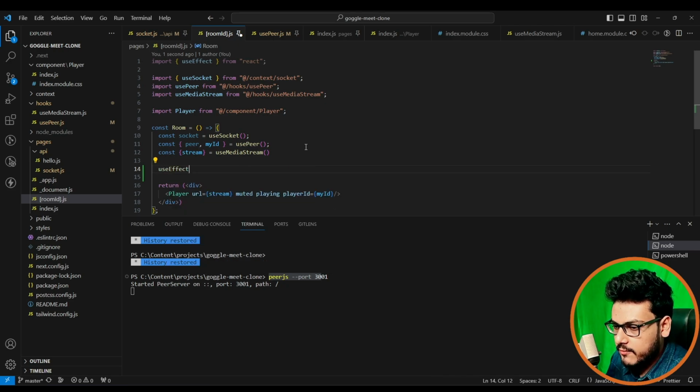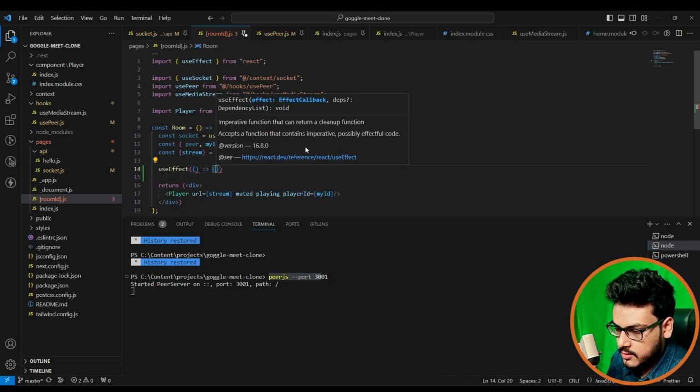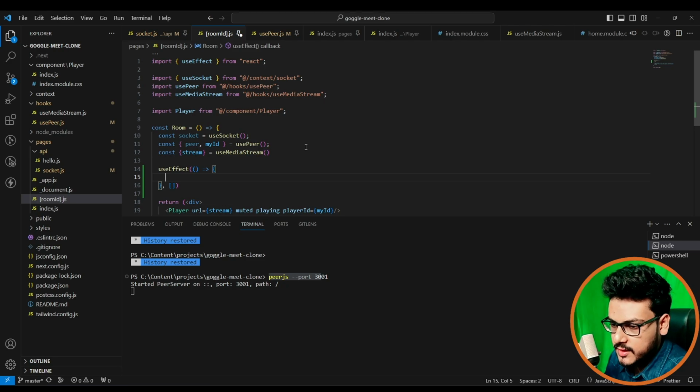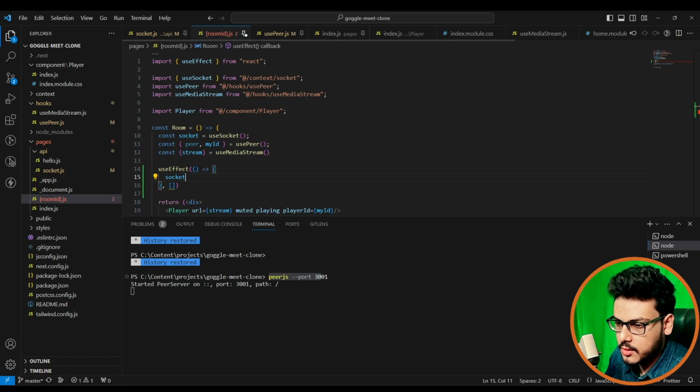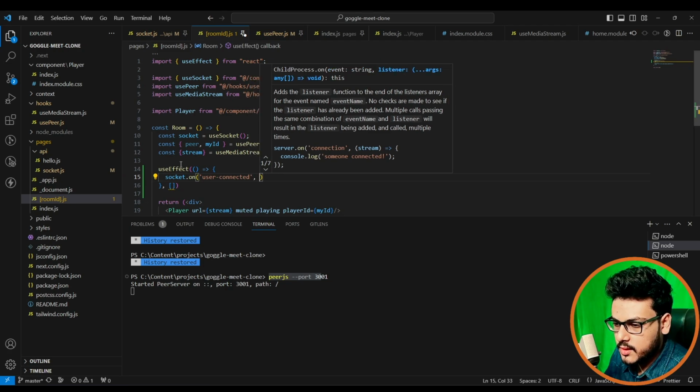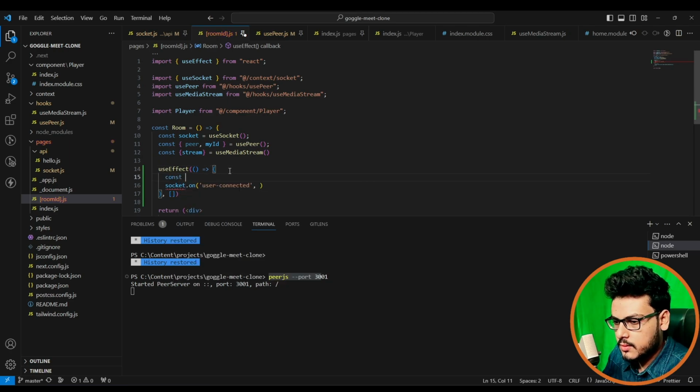First of all, we have a useEffect over here, and let me just create an empty array. This is going to be mount. I've said mount, but there is no concept of life cycles because it is all hooks. So I am going to say socket question mark, or maybe we can just skip it. socket.on user connected. We are going to call a function. The function is going to be const handleUserConnected,